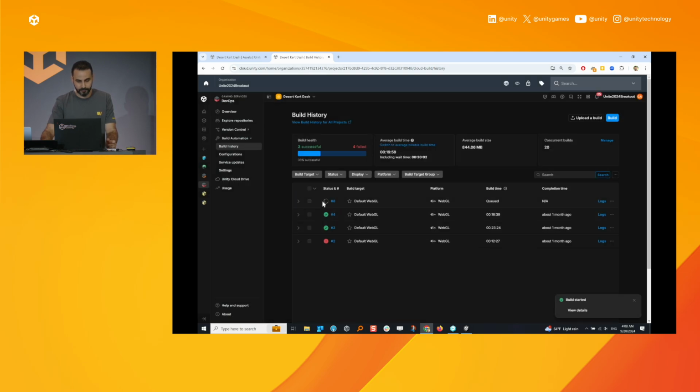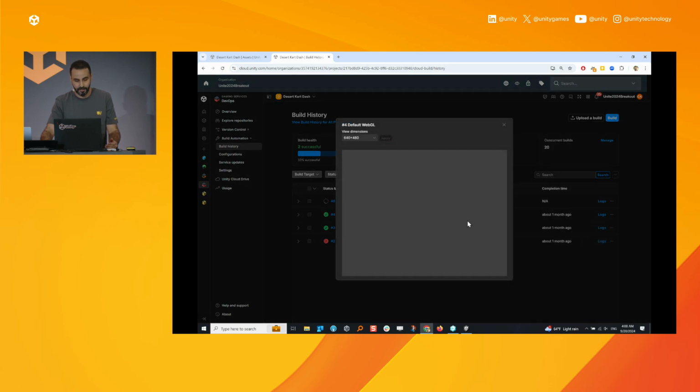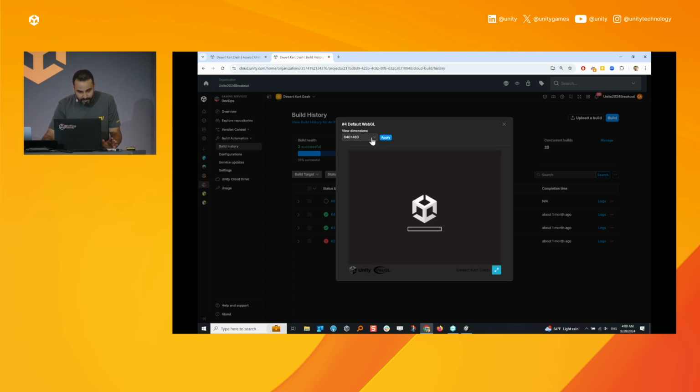Yeah, so the build is started. For the purpose of the demo, I'm just going to run a previous build here. The advantage of WebGL is that you can run it directly from the browser. You can click on the three dots here and click on play in order to start it. The scene has not been optimized to load fast. So while it's loading, I'm going to show you how you can